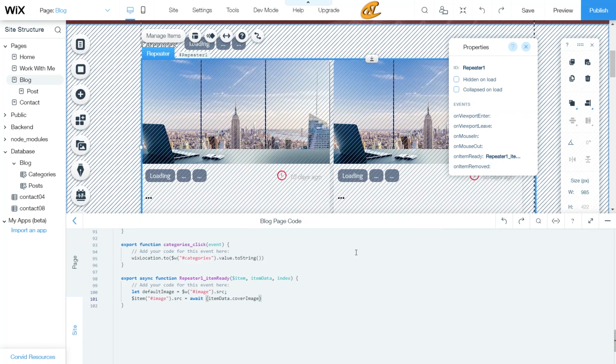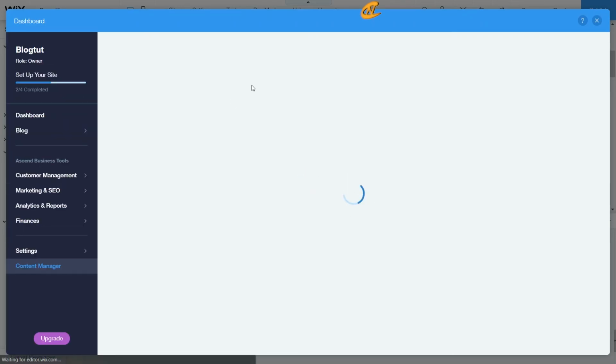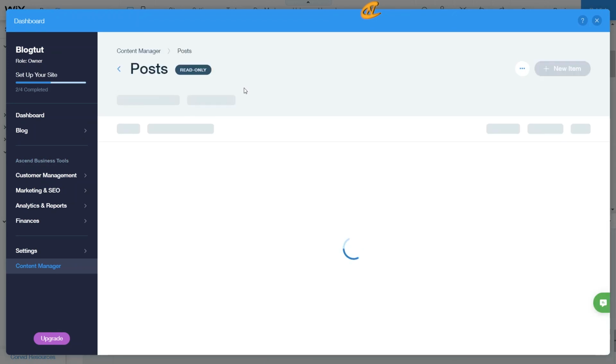So I just want to stop right here, you guys. I forgot to tell you that we need to look into the post. Before I go into putting things together, make sure that you go to your post information in your database and look at the field keys. Once this loads up,